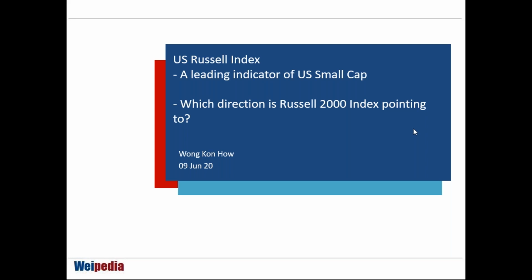Now, just to give you a brief summary, what am I going to discuss tonight? I'm going to break it down into 2 parts. The first part is that in a bull market, if you have observed, or maybe you have not, a typical bull market is that first you see the blue chips start to move. And at the end of the bull market, you will see the catch up from the small cap.